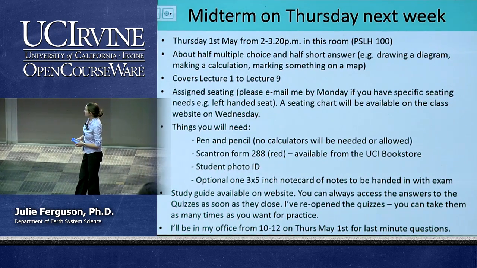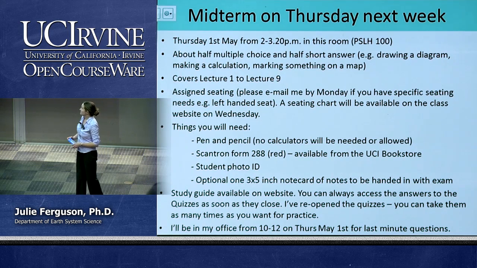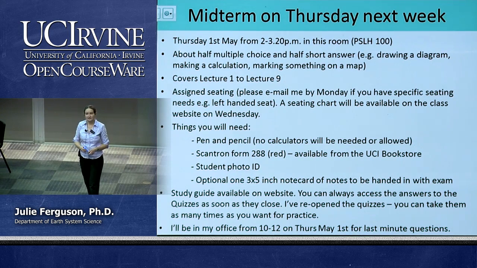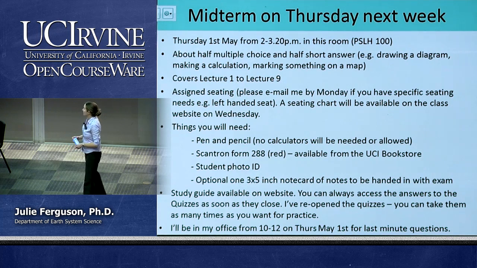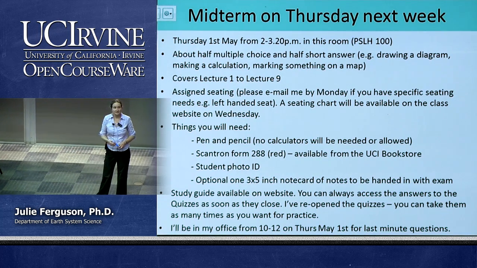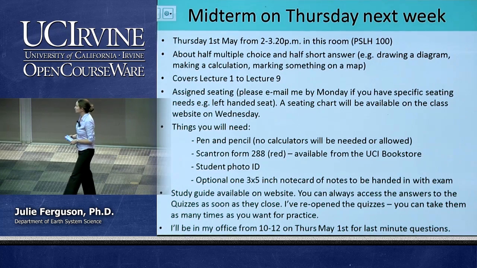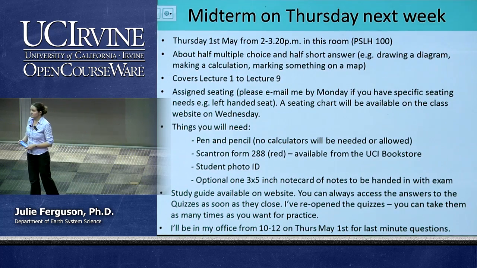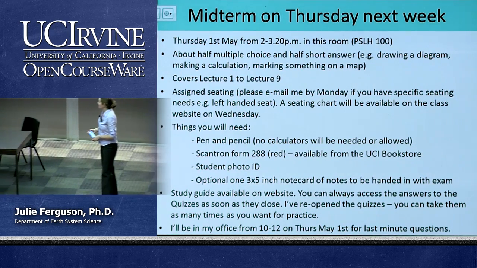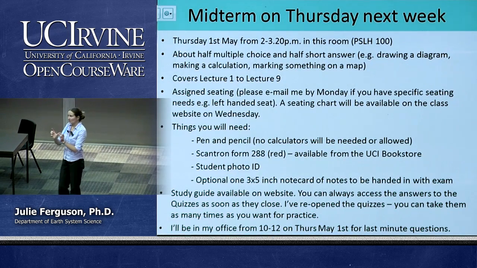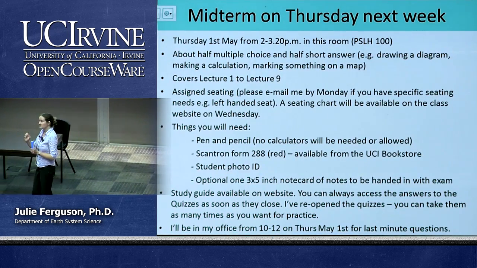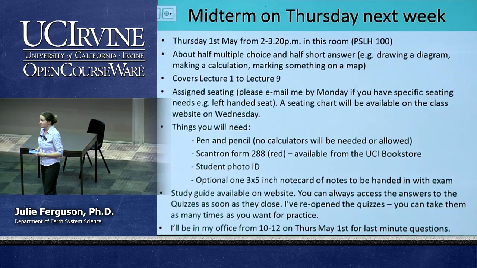Things that you will need. You will need a pen and pencil. Please don't bring calculators. There are no calculators allowed. You won't need to do complicated maths. A Scantron Form 288, it's the red one, you can get it from the bookstore. Student photo ID, which is standard for a big class like this. And, optionally, you can bring a little 3x5 note card, 2-sided, of notes to the exam,